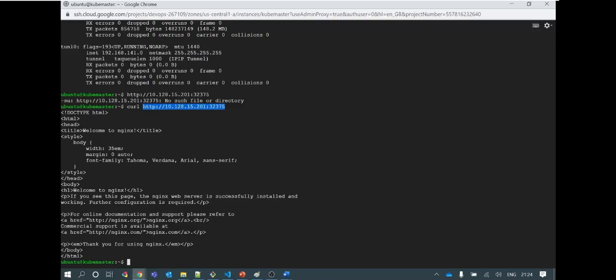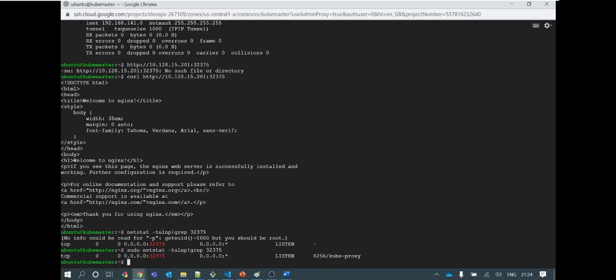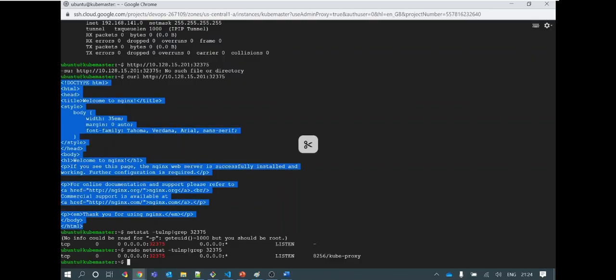If you want to check this port usage on the VM, you can check using this command, netstat ulnp grep port 32375, and you can see this port is getting listened. I need to put sudo to run as root, and here you can see kube-proxy is using this port to map my communication with the Nginx pods.